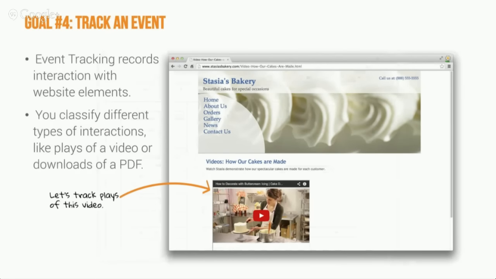Here's the fourth type of goals that you can set up, and that's tracking an event. Event tracking records interaction with your website elements. And for you, since you know the kind of rich media that you've got within your website, be it a video, be it a download of a PDF, or any other type of file, we can set it up so that Google Analytics knows that that action was taken. If you have a call to action within your site, which gives information about your product, it's kind of an overview or even a welcome from the CEO and detail about your company, you can set that up for Google Analytics to track and make sure that you know that the visitors are finding it and you've gotten value out of the money that you spent to make that media.